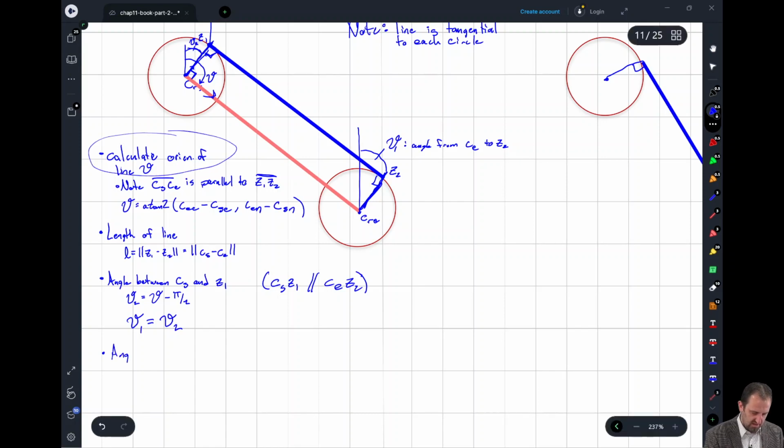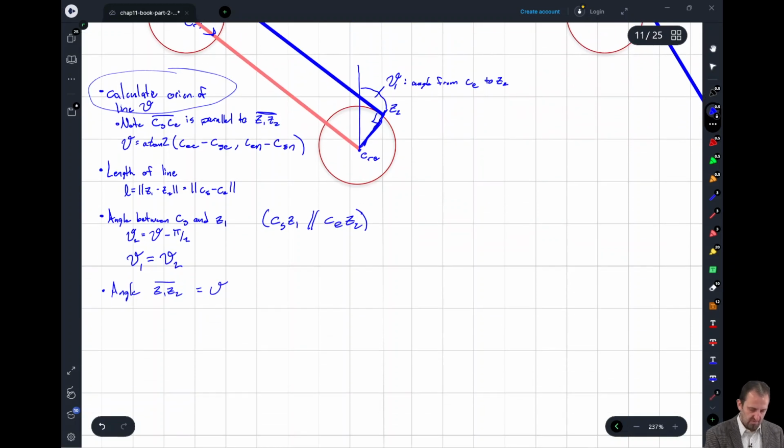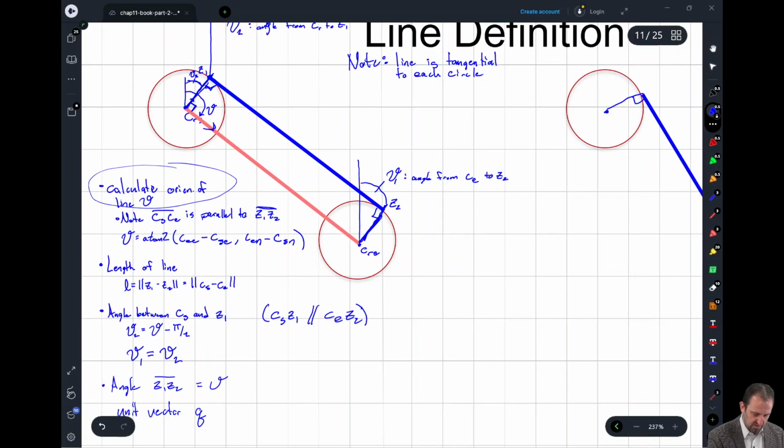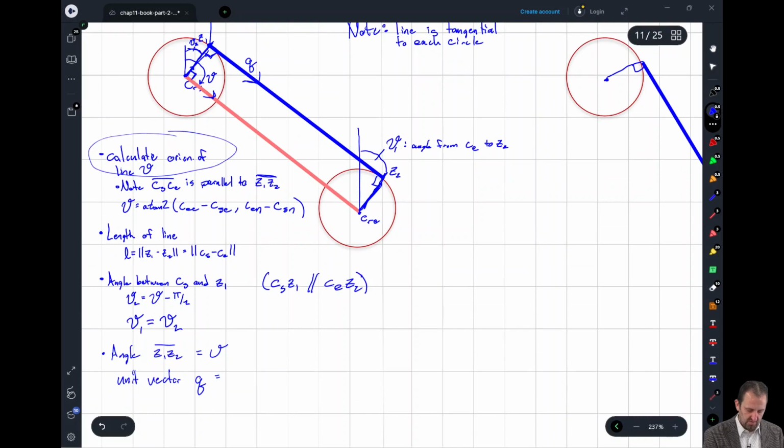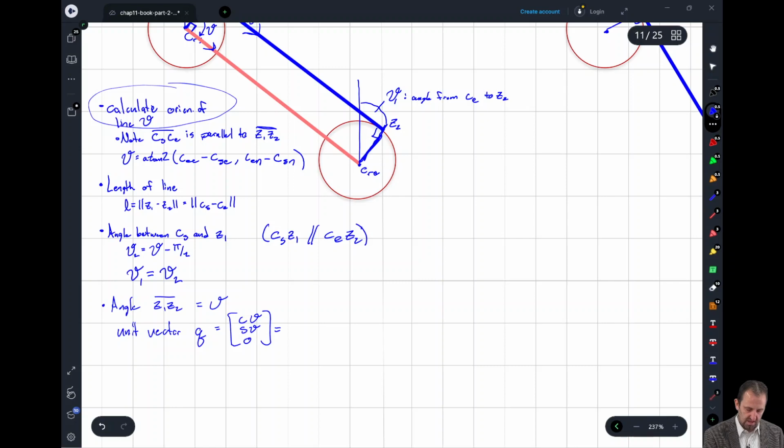So we have the angle of the line Z1 to Z2, and this is just going to be equal to var theta, like we just mentioned, and a unit vector. We could write Q being the vector that points along that line, and we could write it in two different ways. We could say that it's the cosine of var theta, sine var theta, 0. Or we could say that it's equal to our C end minus our C start,